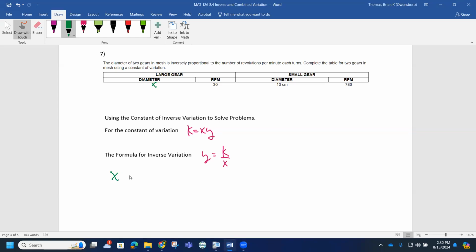So notice how X is the diameter of the large gear. So that's in centimeters, and it's going to be 30 RPMs. And the smaller gear is 13 centimeters, and it's going to be 780 RPMs. So again, if I want to set up an inverse relationship, we have to flip. So the X over the 13 is going to equal the 780 over the 30. So if we solve this using a proportion,